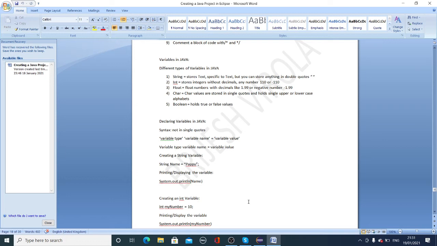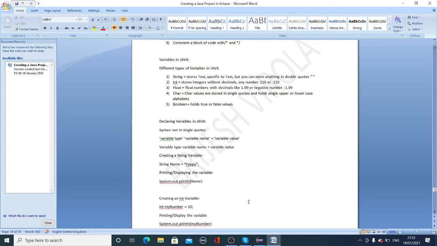Integer holds any number, means number without decimal values, for example, 110 and minus 110. The third is float. Any number with decimal values like 1.99 or negative number like minus 1.99.